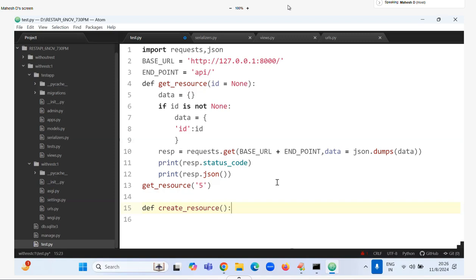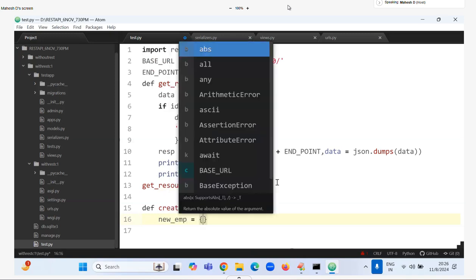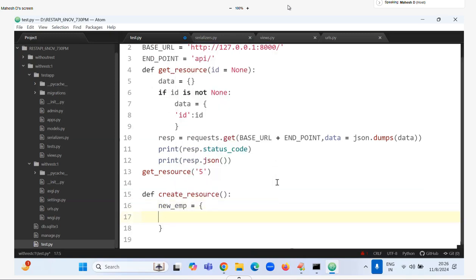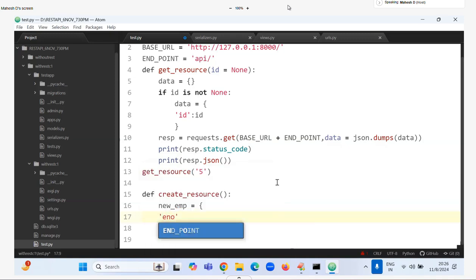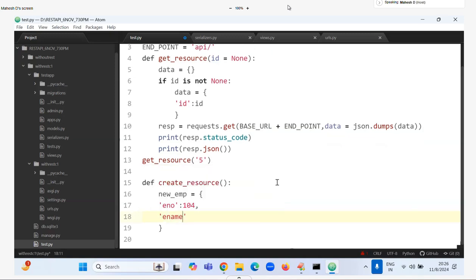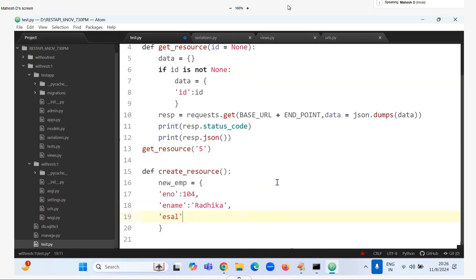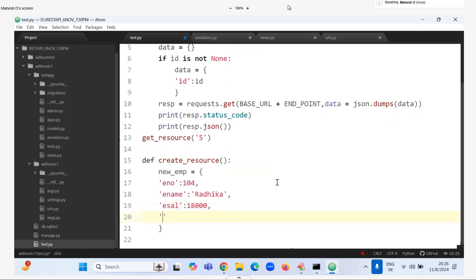Whatever values you want, take one dictionary, new_emp. How many keys are there? Employee number: 104, employee name: Radhika, employee salary: some 18,000, employee address